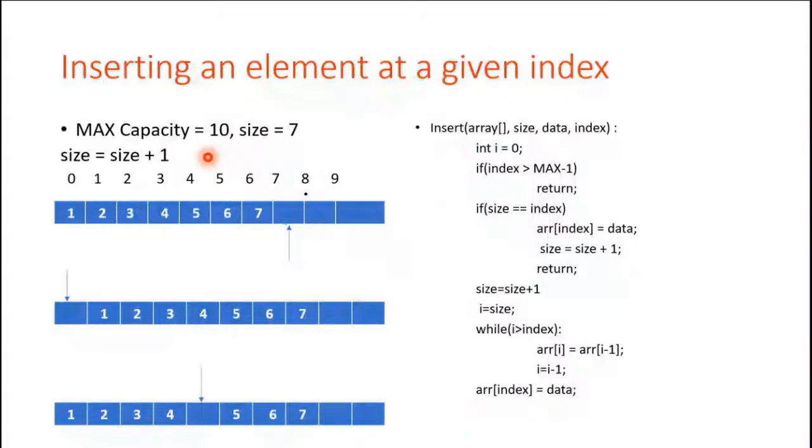We are inserting integers. You can do the same with characters, float, and other data types. Here I am only inserting integers, so we talk about only integers. We will declare an integer array, int array max with max capacity, which is 10,